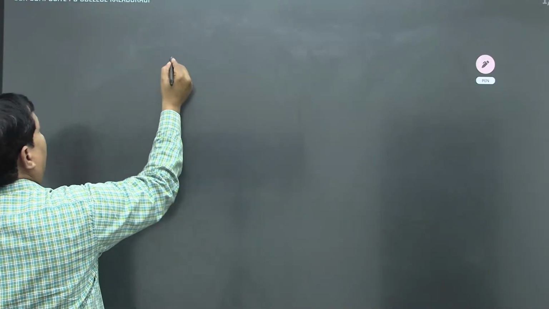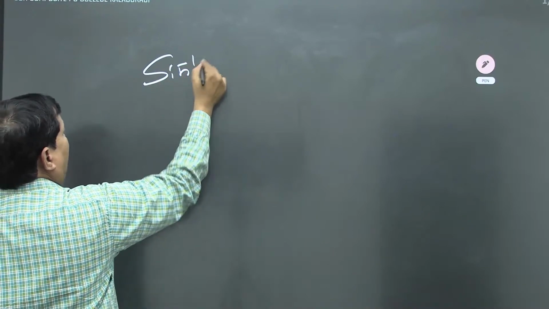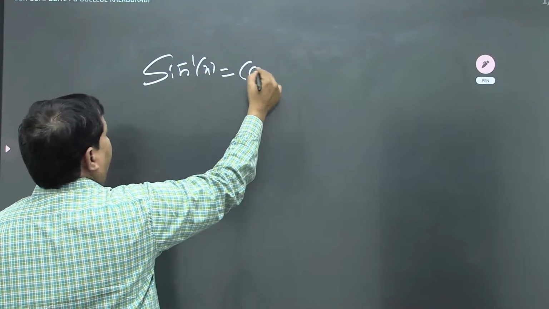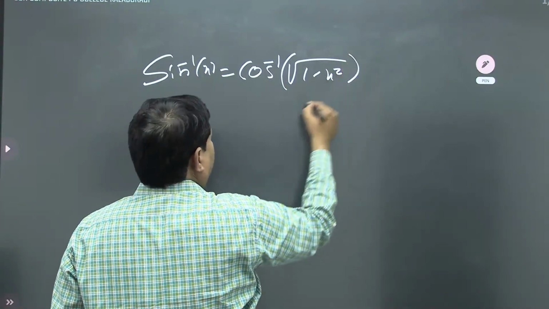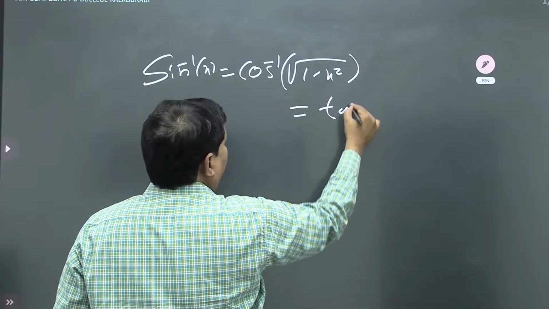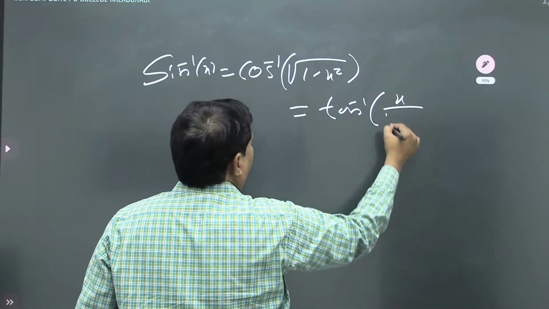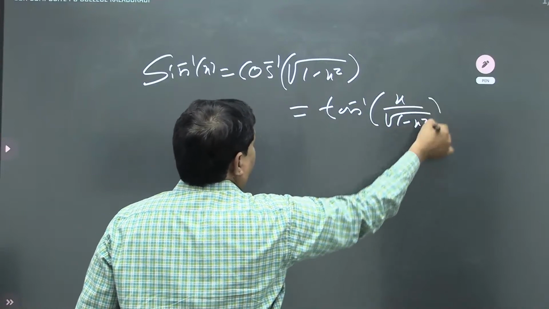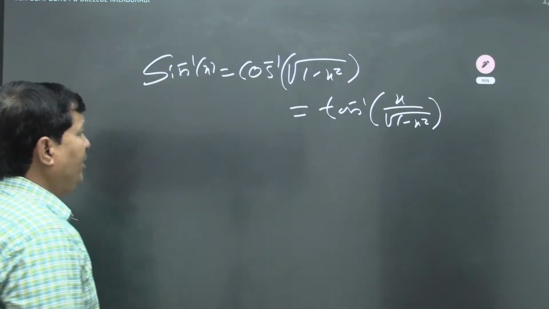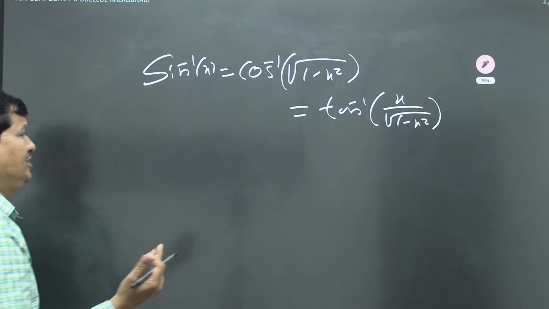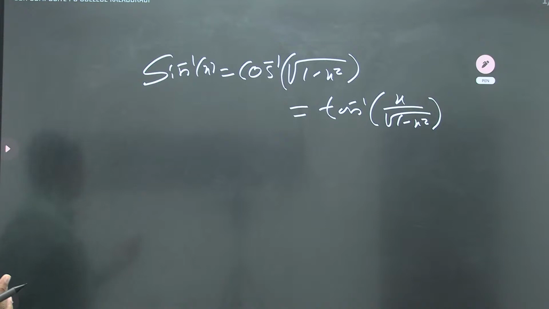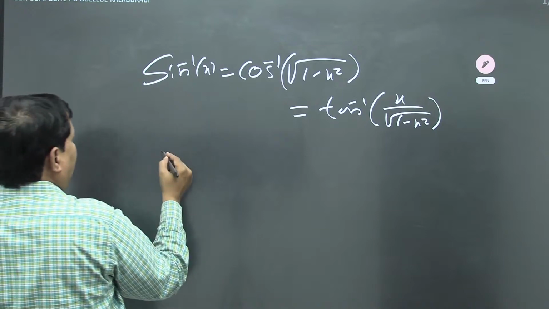See, if you have sin inverse of x, then if you want to write in terms of cos inverse, it means root of 1 minus x square. If you want to write in terms of tan inverse, x by root of 1 minus x square. What about the remaining 3 inverse trigonometric functions? As you know, what is the relation between sin inverse of x and cosecant inverse of x? Sin inverse of x can be written as